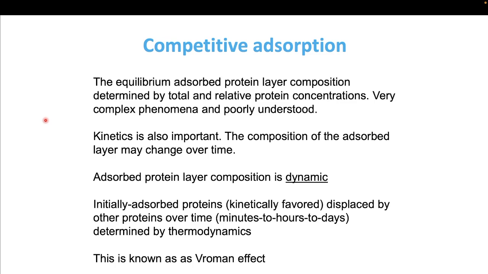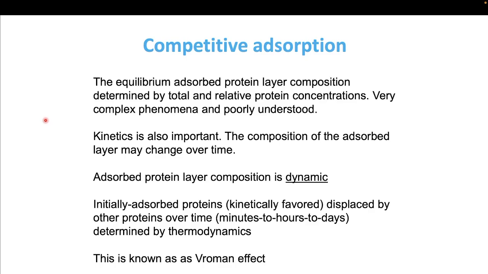Whenever a biomaterial surface is introduced in a patient's body, kinetics takes the first major role. The proteins which are present in a lot of abundance, at a very high concentration, will first rush to the biomaterial surface, and they will first get absorbed. They'll form a layer over the